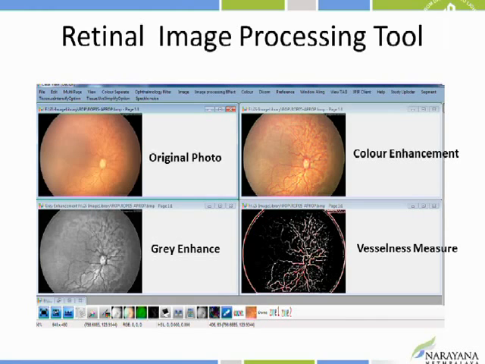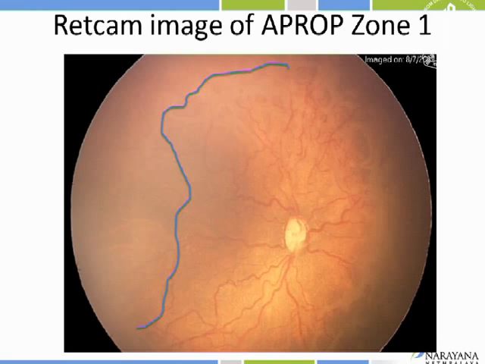It's indigenously developed. The original photo hardly shows you where the edge of the flat neovascularization is, then a color enhanced image which actually shows you that, a gray enhanced, and then this is the more interesting one, which is the vesselness measure. Just let's take one example. This is zone 1 aggressive posterior ROP. It's the right eye, fovea somewhere there, and you really see that the vessels have not even reached the center